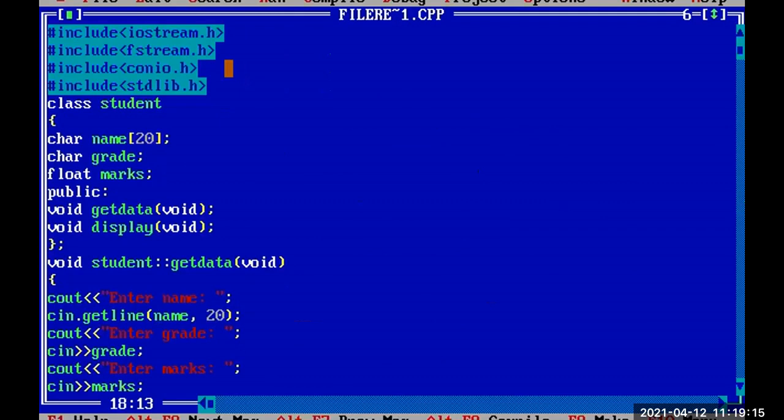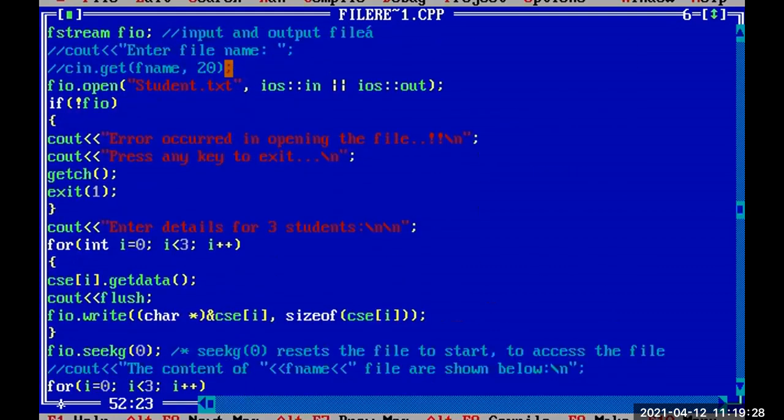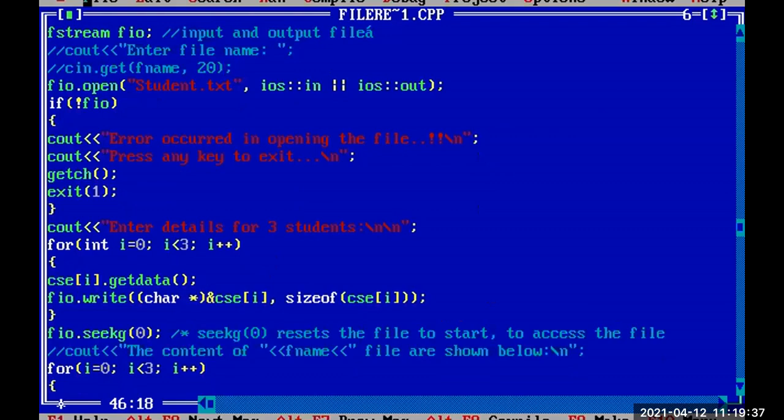So enter name. Whenever I am using getline, I have to use this enter name, and after entering that particular thing, whenever I am pressing enter, after getting the first student details, again it is going to this getdata. So for that we flushed, but still it is not taking. Okay, right. Anyway, you got the idea, right?